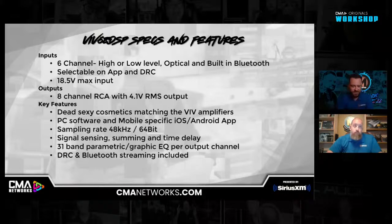48 kilohertz sampling rate at 64 bit. Without getting too deep into that, it basically means we cover 20 to 20K and very high resolution output. Not high res, because we're only going to 20K, but the 64-bit means you're going to get a really high quality reproduction. It has signal sensing to turn on, summing and time delay all built in, 31 band parametric and graphic EQ per channel. And then just reminding everyone, the remote and Bluetooth streaming are built in the box. One unit, don't have to worry about adding anything else to it. So that's a few things about the